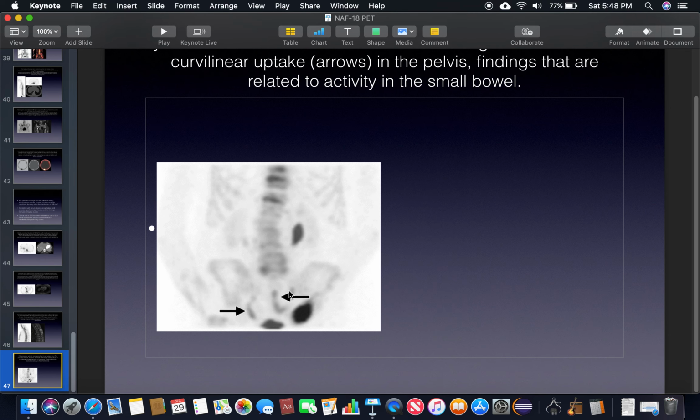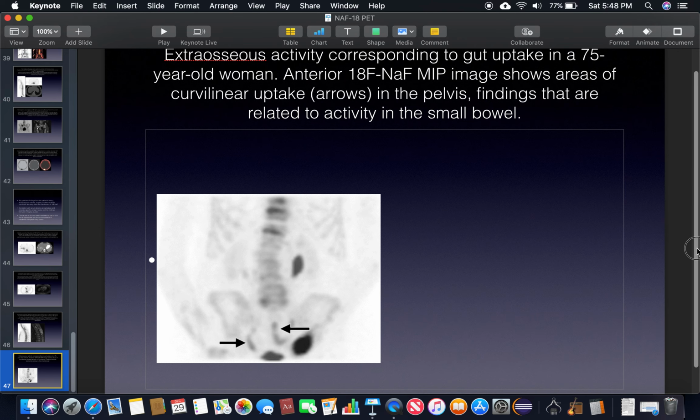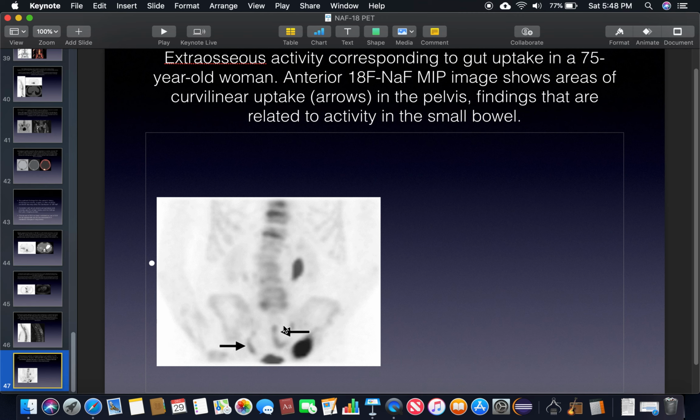And last but not the least, there is some uptake in the GI tract in the small bowel on a sodium fluoride. But looking at its shape, it's kind of curvilinear. That sort of goes in favor of this being a small bowel